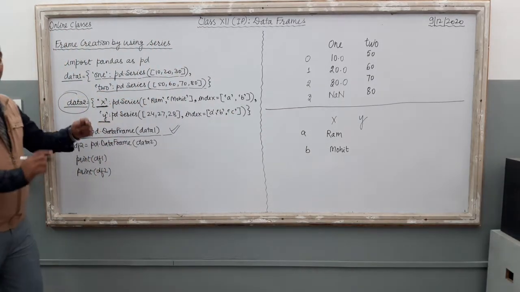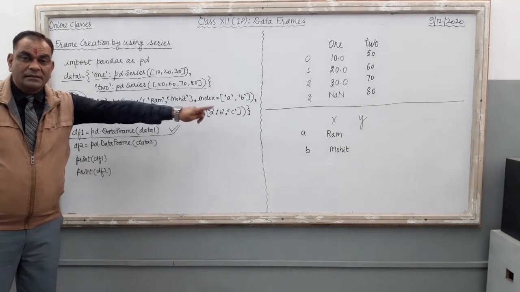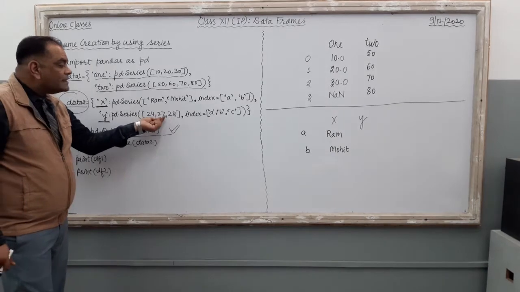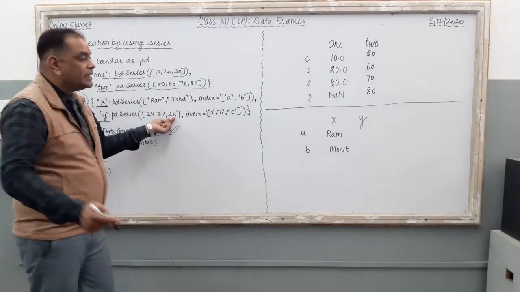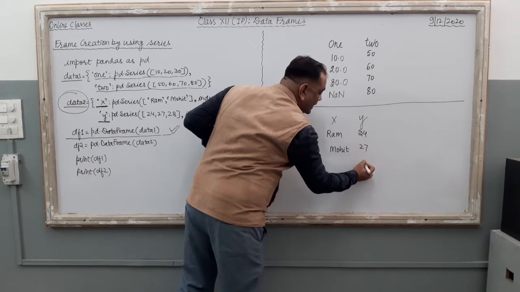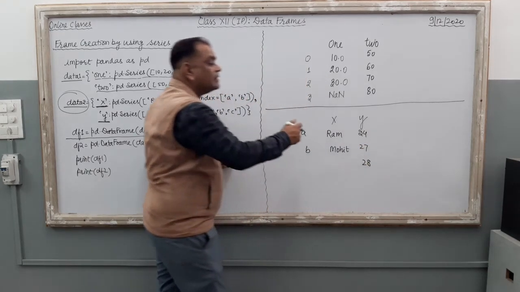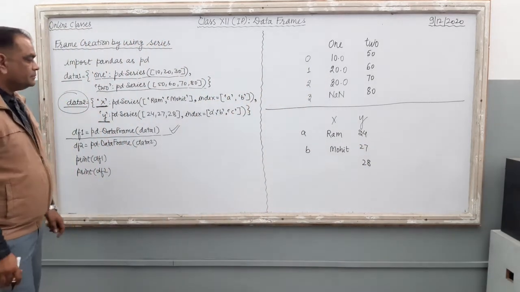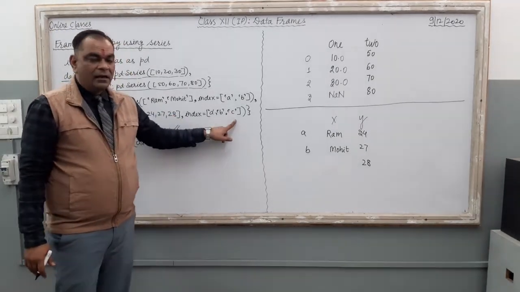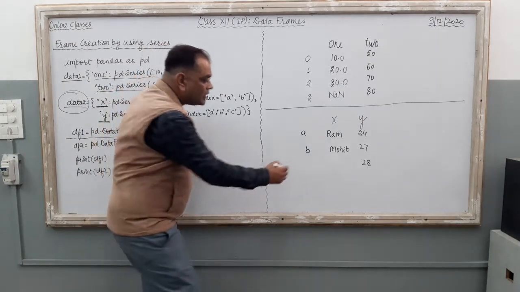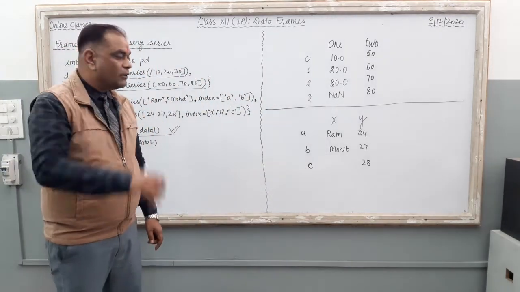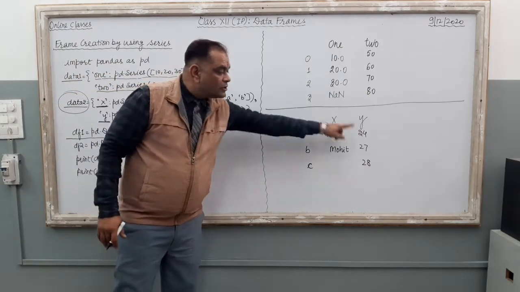दूसरी सीरीज में आओ. Y. अभी अपन को Y कॉलम बनाना है. Y कॉलम is still blank. Now Y pt.series 24, 27, 28. 3 values are there. So just put these 3 values 24, 27 and then 28 in the next column of the data frame. Right? Now the index, just see the index A, B and C. A, B is already there. Just create one C object over here. C index over here.